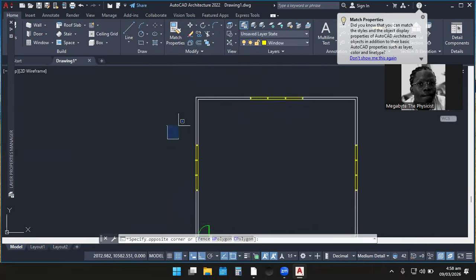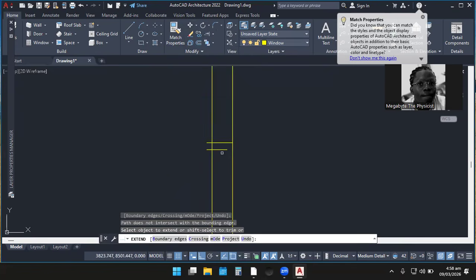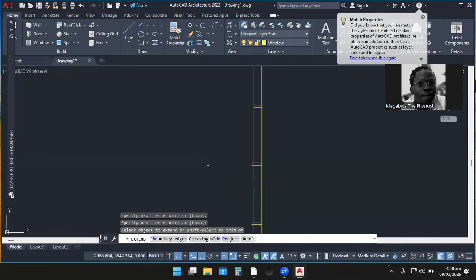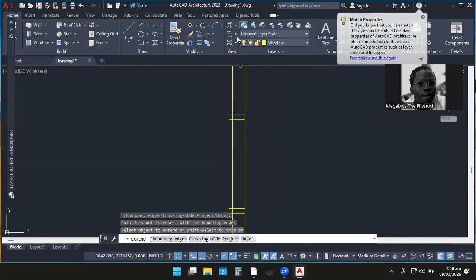Let me just release this command. Let's do a couple of editings. Okay, so let's just extend this. AutoCAD is very, very flexible, so don't get scared if you find yourself beating about the bush. I'm just going to trim up these unnecessary parts and then we are good to go.